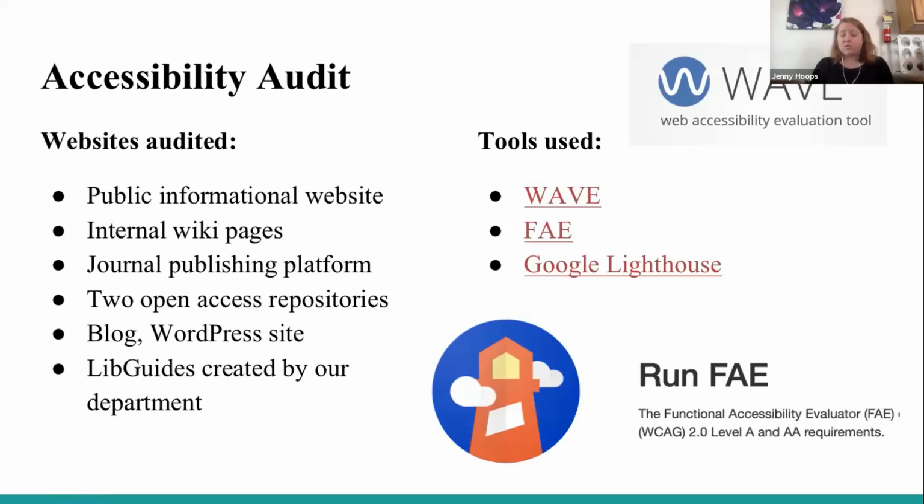A lot of research centers had a lot of library specific questions. So we began to look for publicly available, mostly open source tools. Some of you may be familiar with some of these tools. There's WAVE, the web accessibility tool, FAY, which is run by University of Illinois, I believe, and then the plugin Google Lighthouse. So we created a template that allowed us to audit all of our website pages, utilizing information from